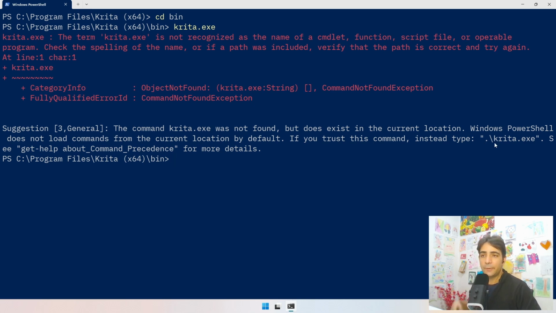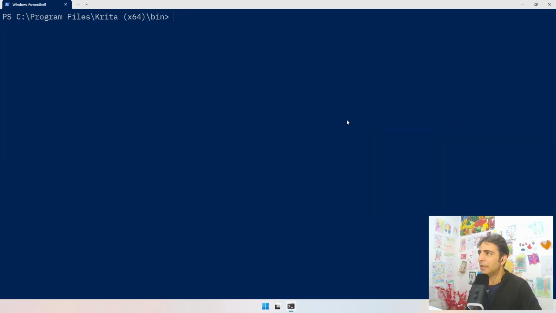Now earlier when we used ls or cd, I explained that ./ was not necessary, that anything that you type is always assumed to mean in the current folder. So why is it that we need it here? It's for security. I'm not going to explain it here. You can look it up. It's easy. But just remember, if you have an executable in your current folder and you want to run it, you need the ./